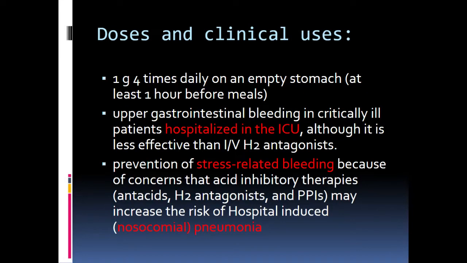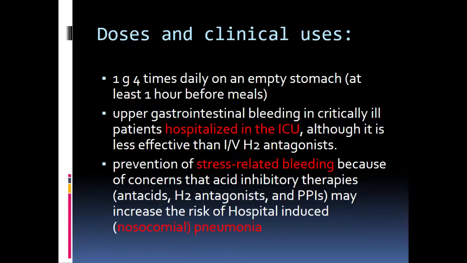Now come to the dose and clinical uses of sucralfate. The recommended dose is about 1 gram 4 times per day on an empty stomach, that is, given at least 1 hour before meals. It is used for upper GIT bleeding in critically ill patients or those hospitalized in the ICU, although it is less effective